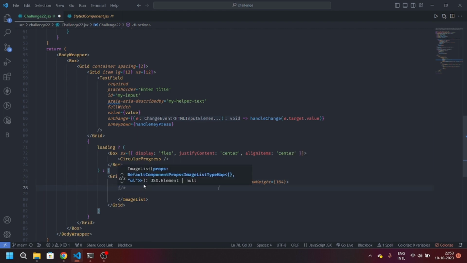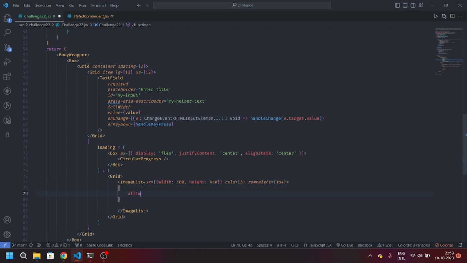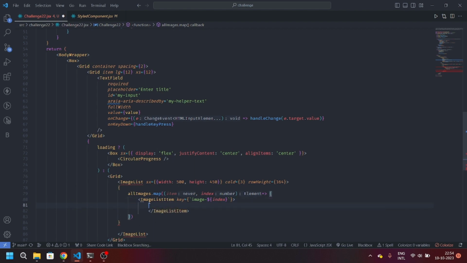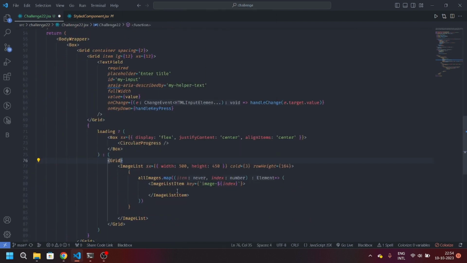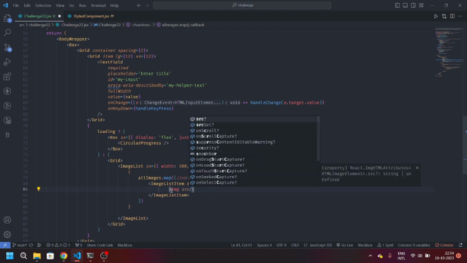And now we will map our images, all images dot map, item index. We have the image list item, which has to have the key, and we have to import the image list item from MUI. So the image list, we have the